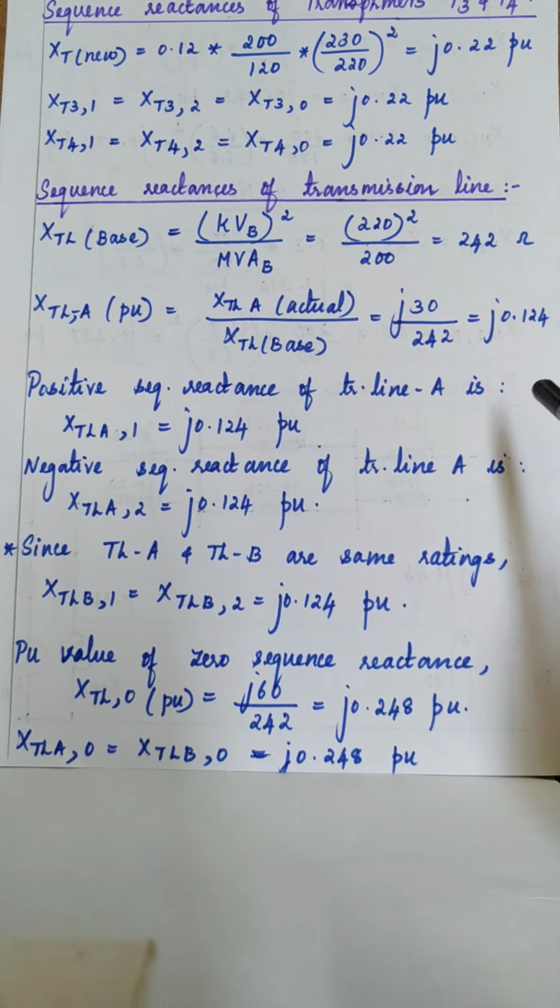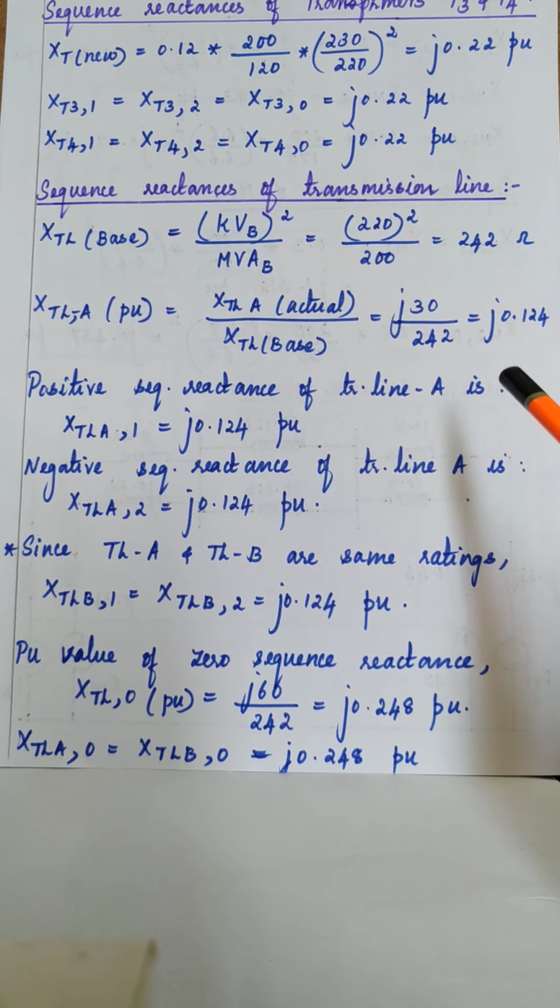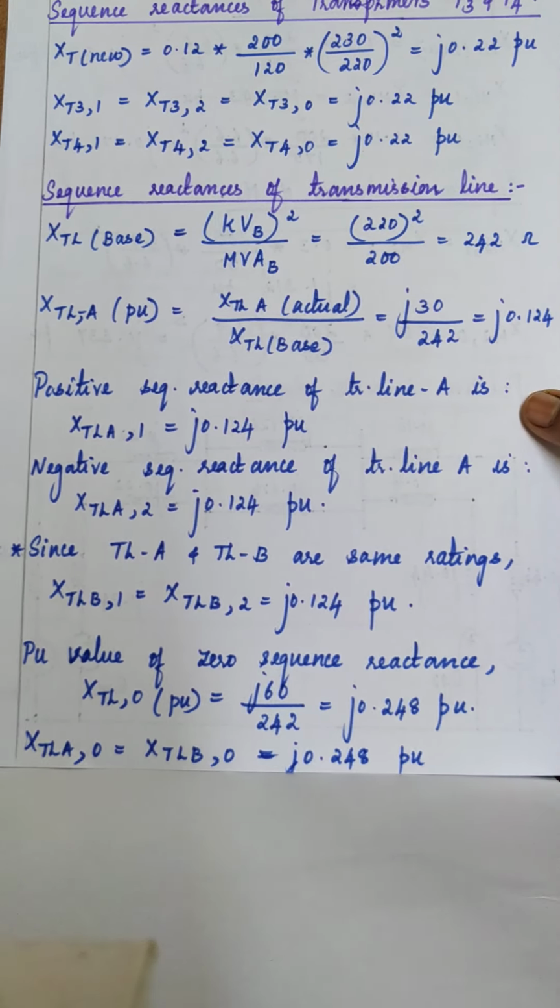Okay. See, listen here. Whenever zero sequence values are given, you have to calculate the zero sequence reactances of the components separately. Okay. So, positive and negative sequence reactances will be the same. Okay. And mostly for transformers, positive, negative and zero sequence, all three will be the same. Okay. For transmission lines, for machines, generators and motors, they will be having a different value for zero sequence reactance.